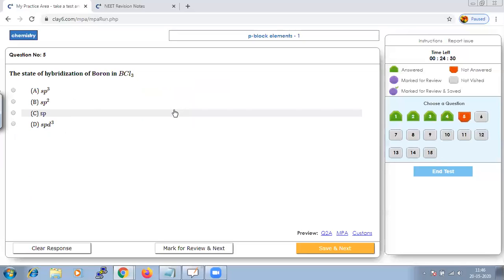The state of hybridization of boron in BCl3. In BCl3 molecules, basically the B atom is assumed to be sp2 hybridized, or we can say sp2 hybrid orbitals are being used because it will form sigma bonds with the 3 chlorine atoms. It will form sigma bonds with 3 chlorine atoms, which will give you a trigonal planar shape. And when the reaction takes place,